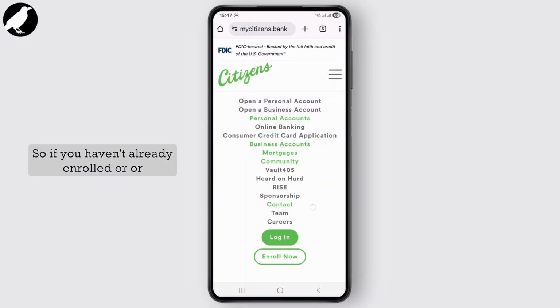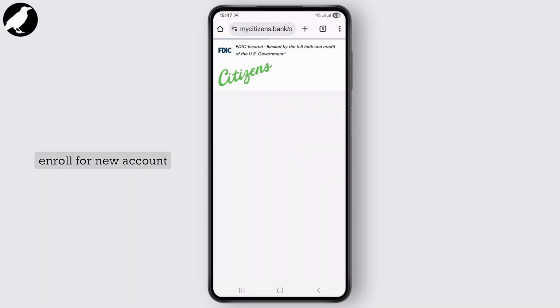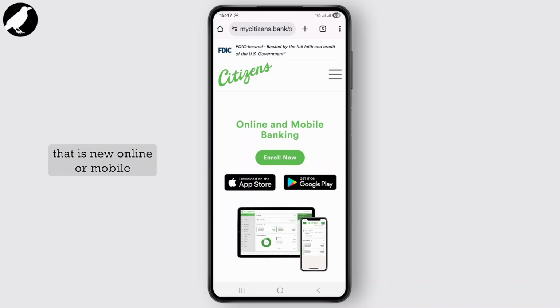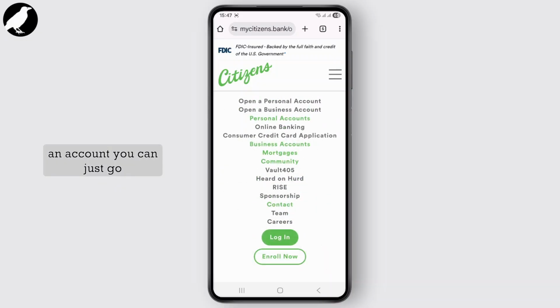So if you haven't already enrolled or haven't registered a new account previously, then you can simply tap on this enroll now to actually enroll for new account, that is new online or mobile banking account for Citizens Bank of Edmond. But if you already have an account, you can just go over to the option that is login directly